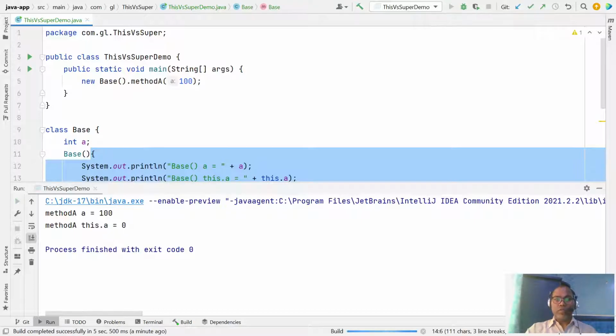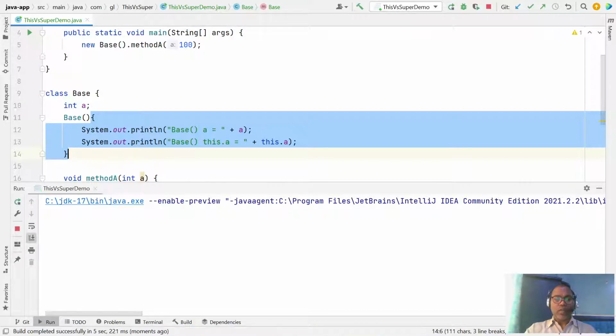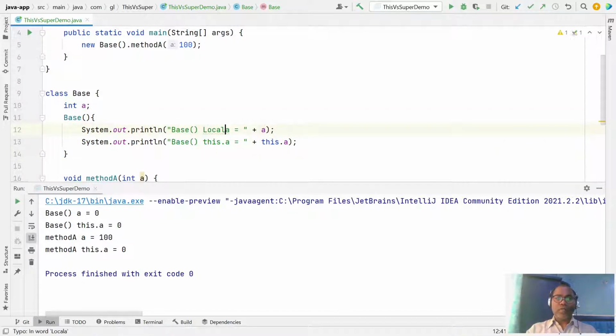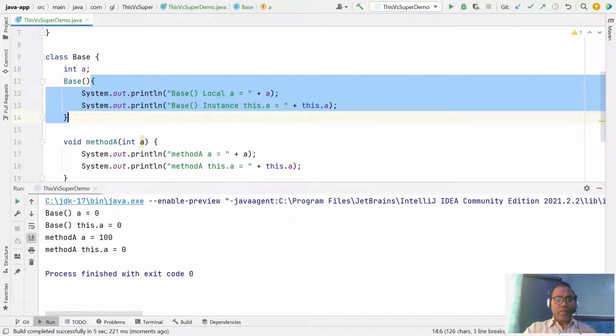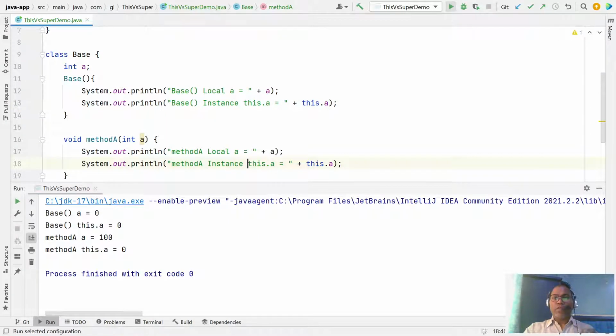If you run it, you will notice that one is the local variable and the other is your instance variable. So for accessing any instance variable in any constructor or even in any method, please use the this keyword to access your instance variable or any instance method. This is one use.